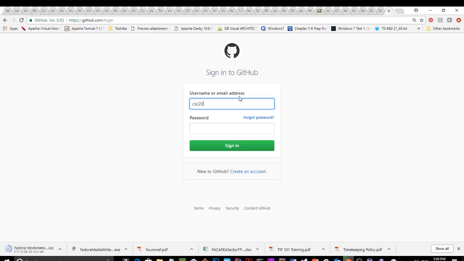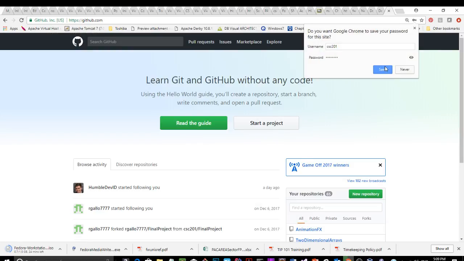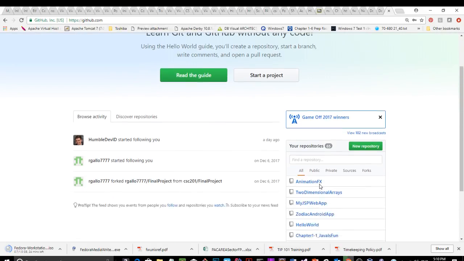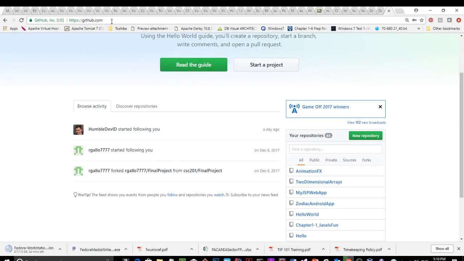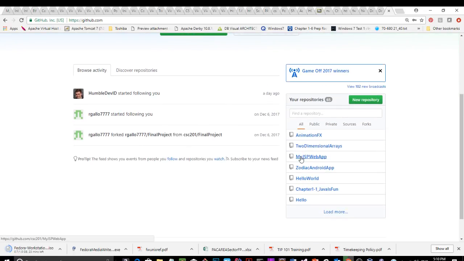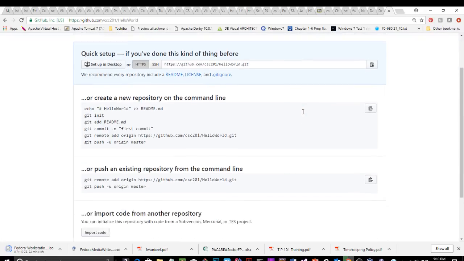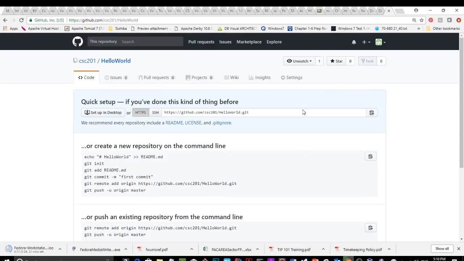For this class, it's CC201. Of course, you can have your own username and password, but I already have the public source code that you can get at github.com/cc201. And these are all the repositories for the source code for this class. For example, mine is empty right there, right? Once you get an account,